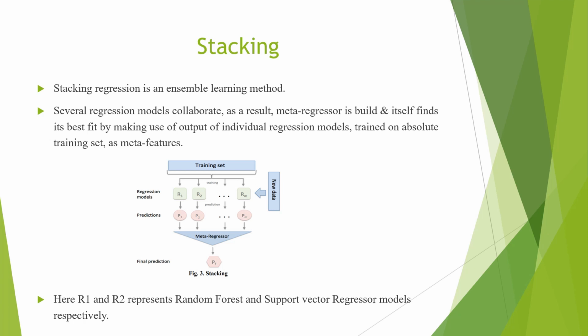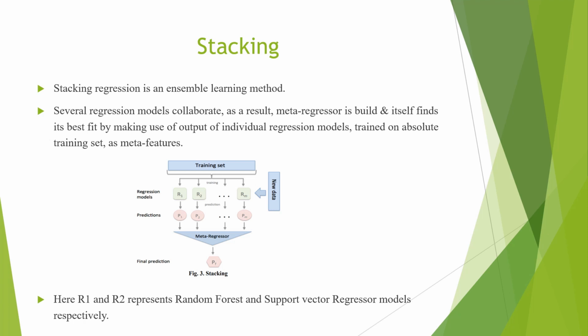Now let us see this figure to understand stacking more clearly. After training each model with our training dataset, we'll predict the new data with our built model. Then each model will give us predictions separately. Like for models R1, R2, and so on Rn, it will give predictions P1, P2, and so on Pn for the new data. Now, if all these models collaborate, a new meta-regressor is built. Then this meta-regressor model will give the final prediction as PF. This is the final prediction of the stacking model, which is the ensemble of random forest and support vector regressor